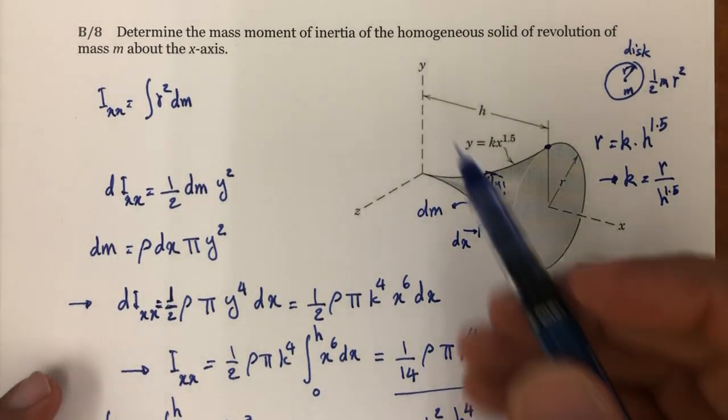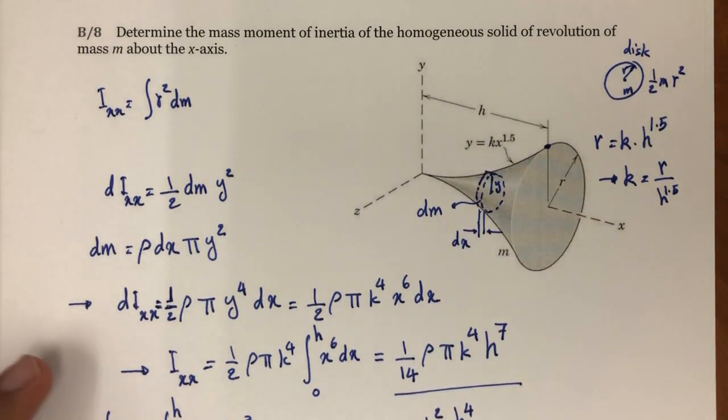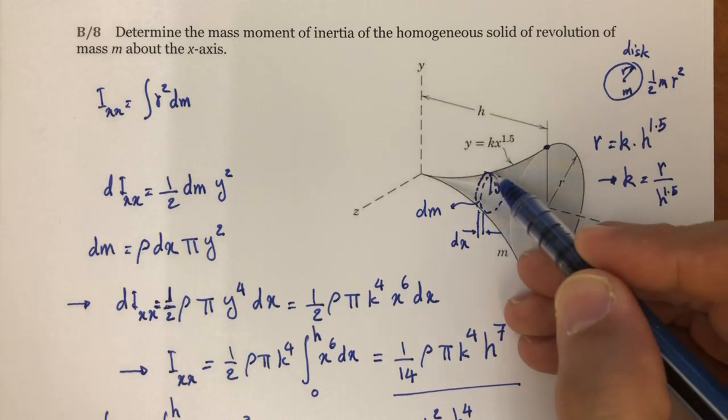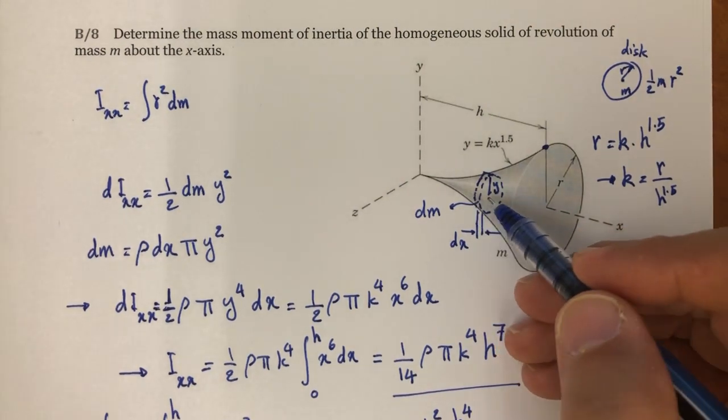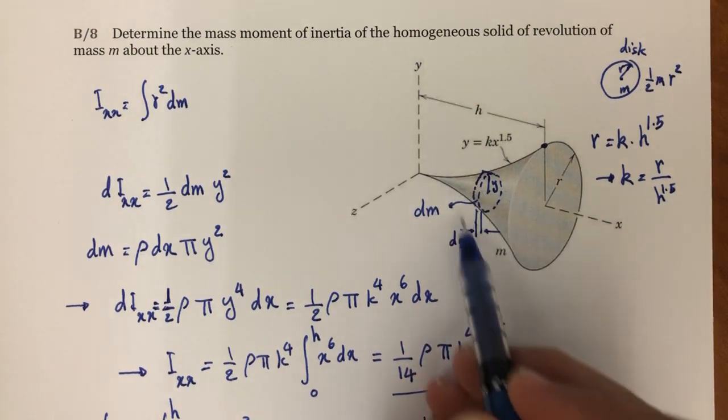Now, how can I find the mass moment of inertia about y-axis? What element should I use? Of course, you have different options, but probably the simplest one is using parallel axis theorem. What's the meaning of that? If you choose the same integral element, a disk, with the distance of x from the origin,